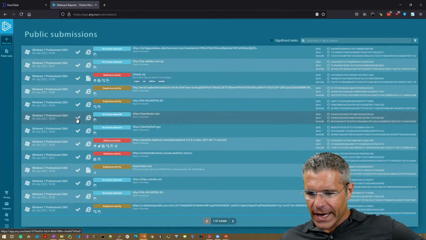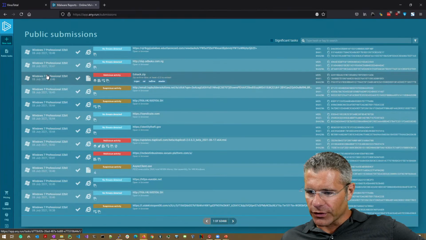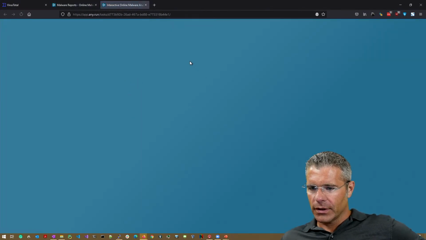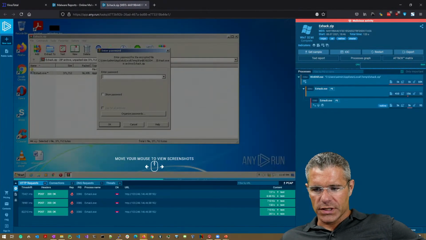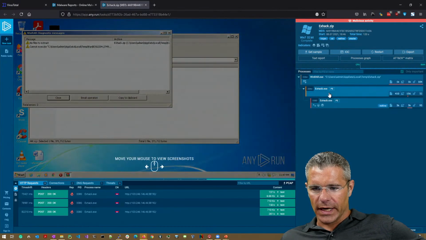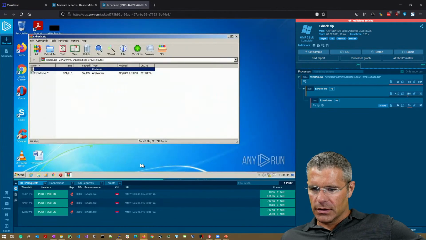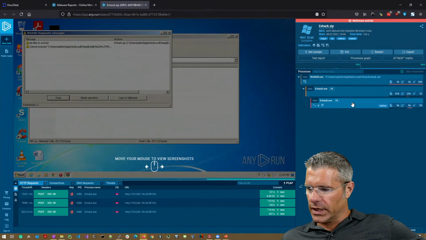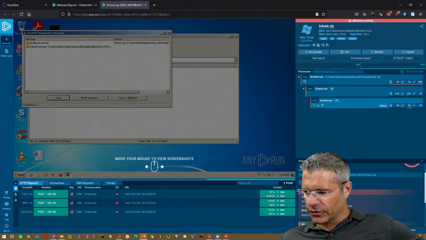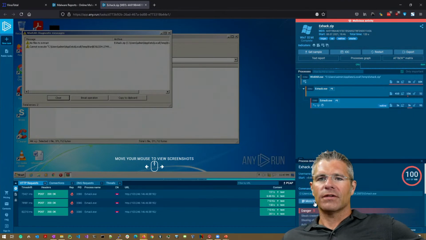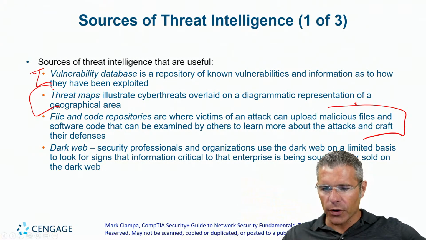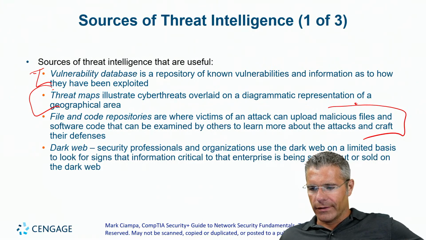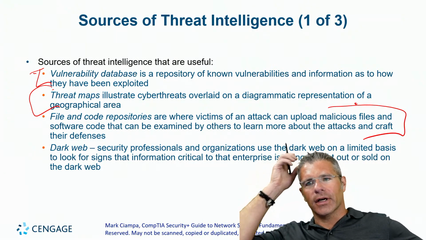These are the public tasks that have been found, and most recently there was a xhacks zip uploaded, and the reason it's interactive is you can see what happened on this system to be malicious. Apparently it would not execute because it steals credentials from browsers, and gives you an idea what's going on. So those are a way to go through and see what other attacks have been out there.